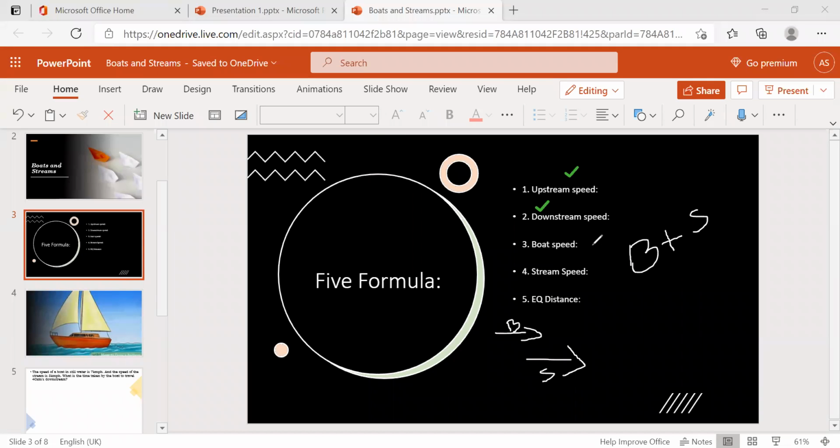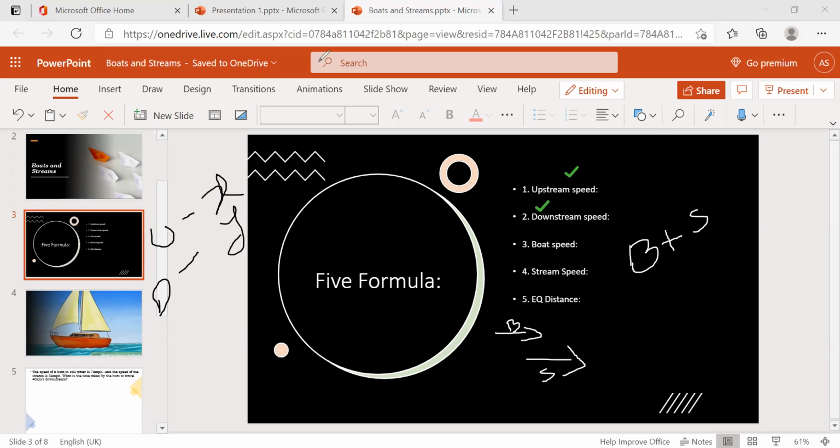Boat speed. We know the boat speed is b only, right? So why are they giving boat speed again here? Suppose in a question they give the upstream speed as some value x, and the downstream speed as y, and they give only these two terms. Then how are we going to find both speeds? By using the upstream speed and the downstream speed, we are going to find both.